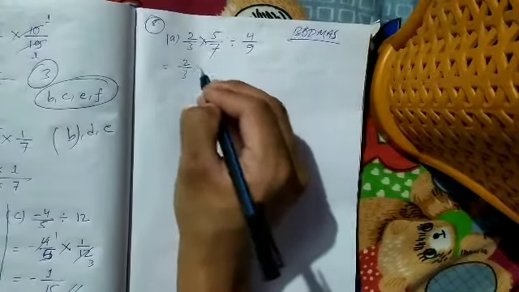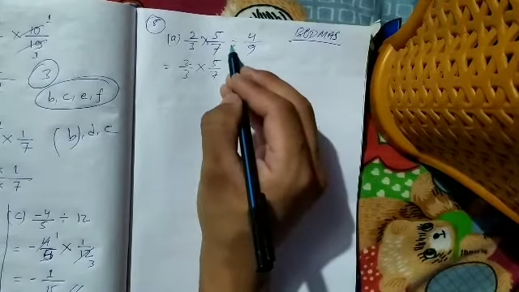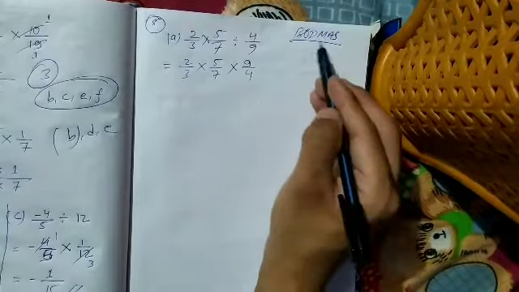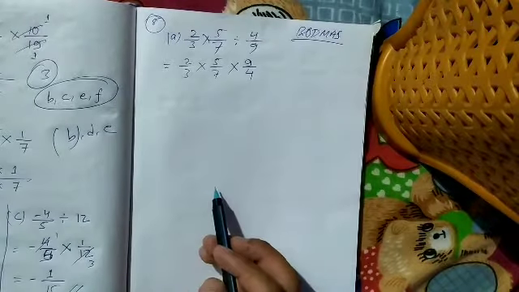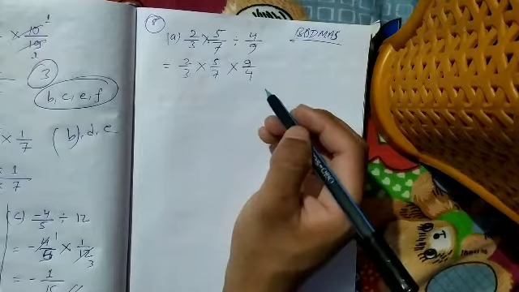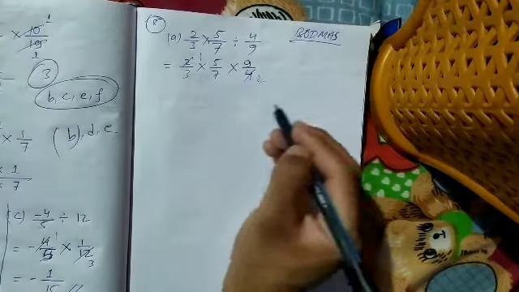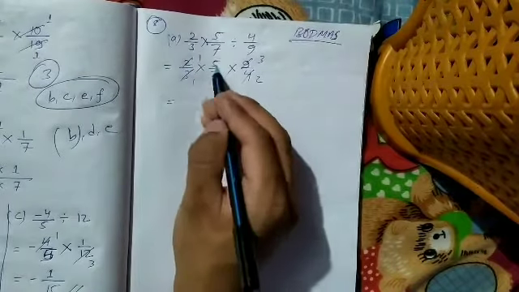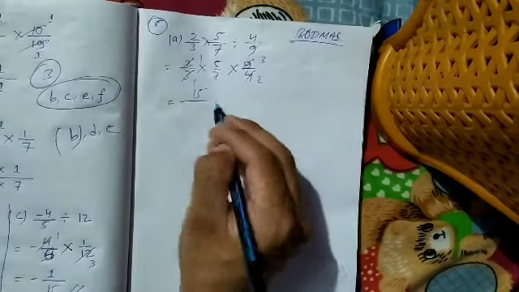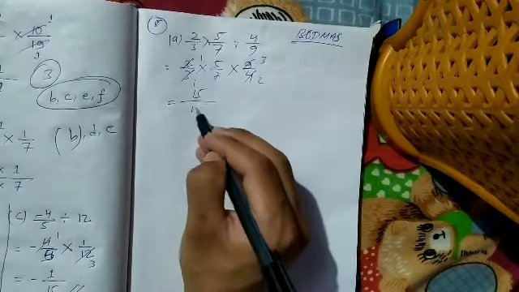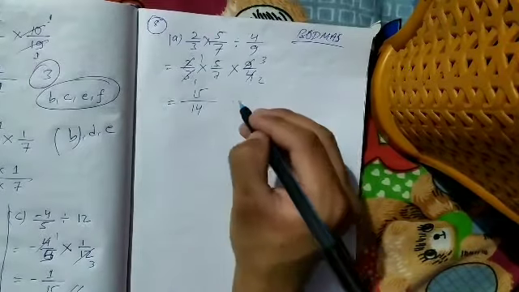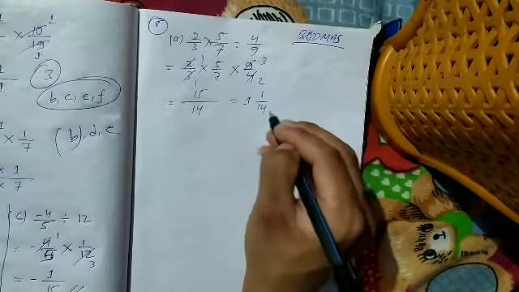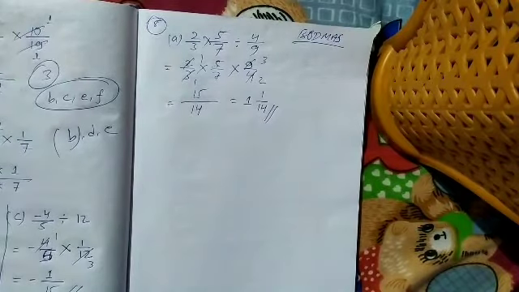So it will be 2 by 3 into 5 by 7. To perform division, you have to make it as multiplication. It will be 9 by 4, right? Next we have to do multiplication, and all are multiplication, so no problem, we can do simultaneously, right? 2 1s are 2, 2 2s are 4, 3 1s are 3, 3 3s are 9. So the numerator will be 1 5s are 5, 5 3s are 15, divided by here 1 7s are 7, 7 2s are 14, isn't it? So 15 by 14, you can make it to the mixed fraction as it is improper, so it will be 1 1 by 14. If you check, you will get it.